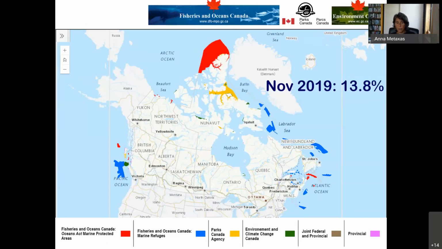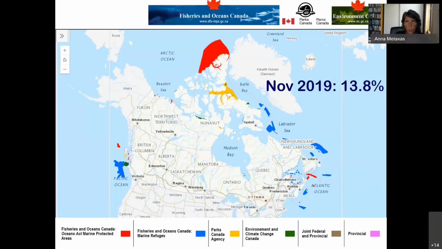So how is Canada doing? Well, Canada is a little bit complicated because, of course, you have multiple agencies that are responsible for implementing marine protected areas. Fisheries and Oceans Canada is the body that is responsible for overseeing the whole thing and coming up with a counting of the percentage. But we also have the Fisheries and Oceans Canada, which are Oceans Act marine protected areas. Then we have what are called marine refuges, which are not really marine protected areas. They can be counted, but